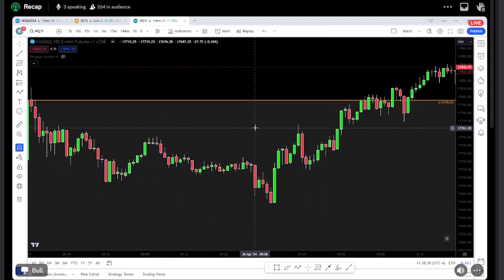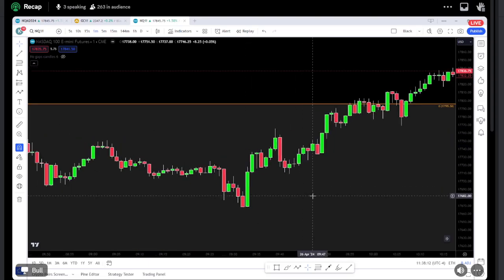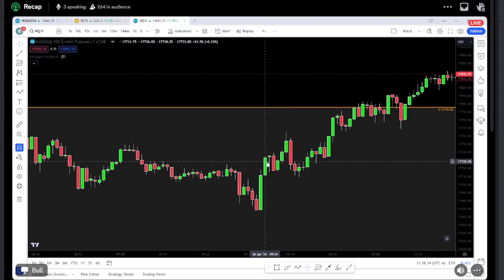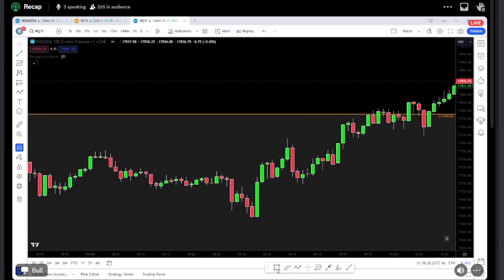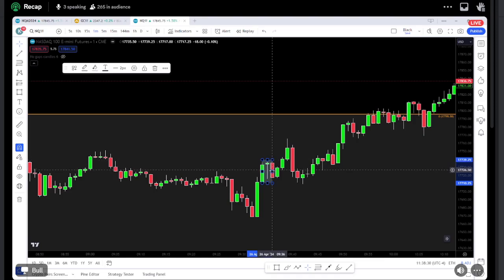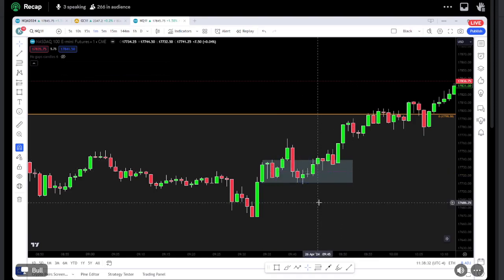So when we're looking at areas responsible, this was the zone here that pushed up and then broke this trend. And you'll notice as well that when we left it, it was actually unmitigated currently, right? So we see, say, if we draw it from here to here and bring that over, it left the zone here, came back into it here, and then left again.